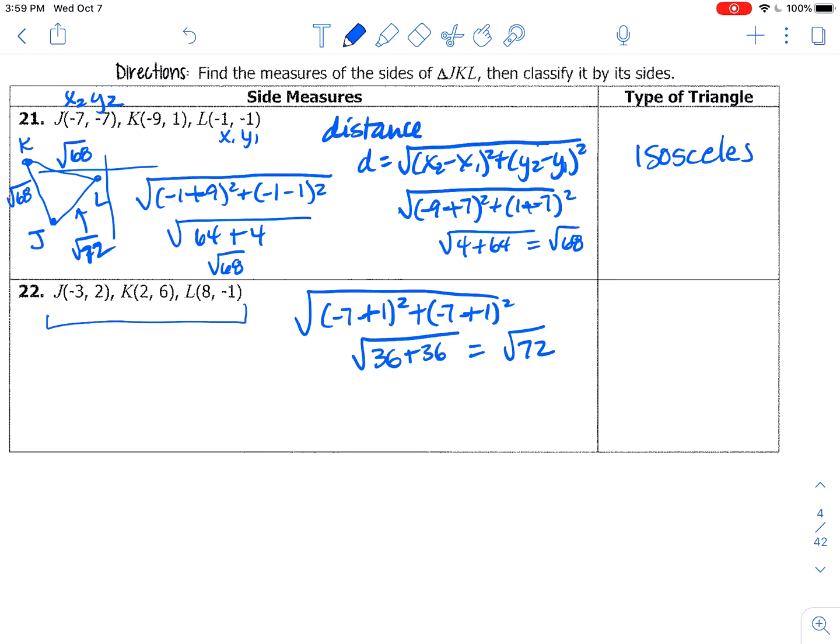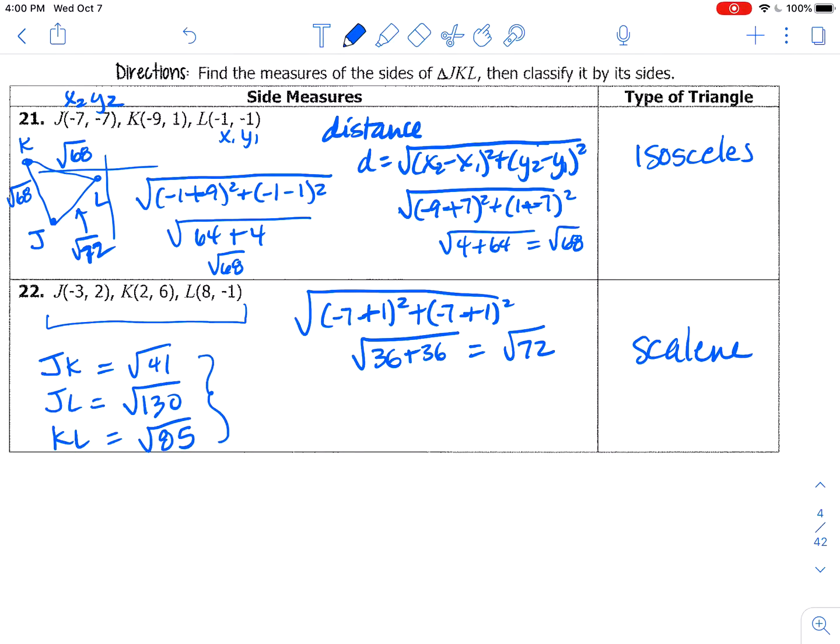All right, you would work the same setup with this next one. I'm going to go ahead and let you try it. If you do work it out, JK you'll find to equal the square root, I think, of 41. And JL is going to be the square root of 130. And then KL is going to be the square root of 85. When you have all three